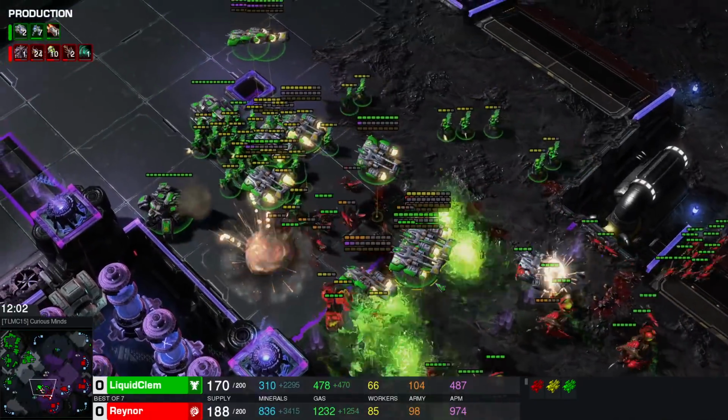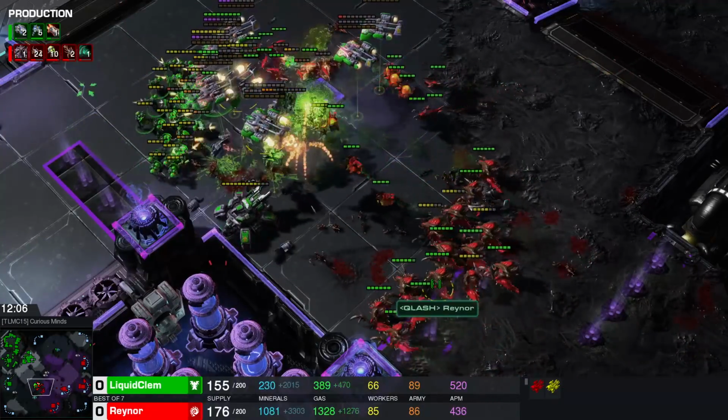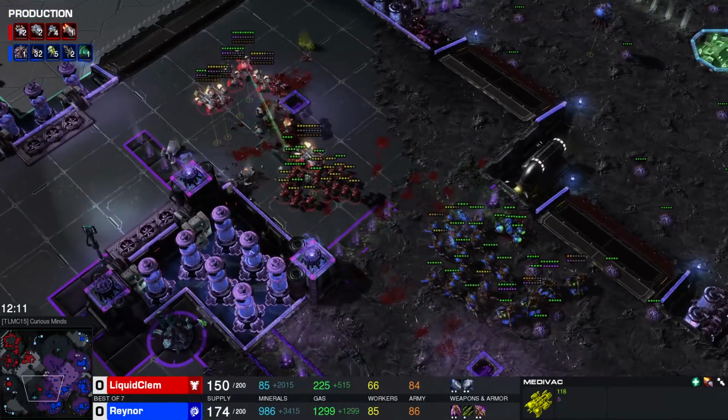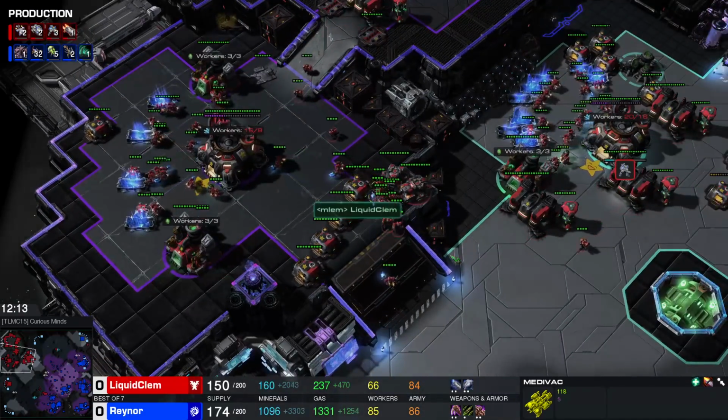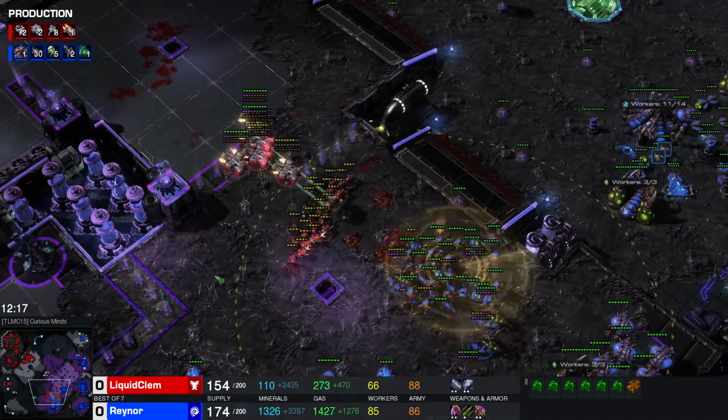Big engagement here out of Reynor. Let's take a look at these splits. Are they good? Yes, they're good. Are they good enough? I don't know. I just think we're lacking a little bit of splash here as the 2 final tanks with this push do go down. There's 2 tanks still at home, which could be brought over. This little drop is going to cancel a 6th base, but...